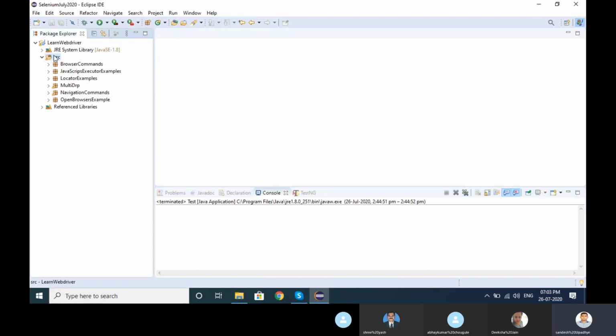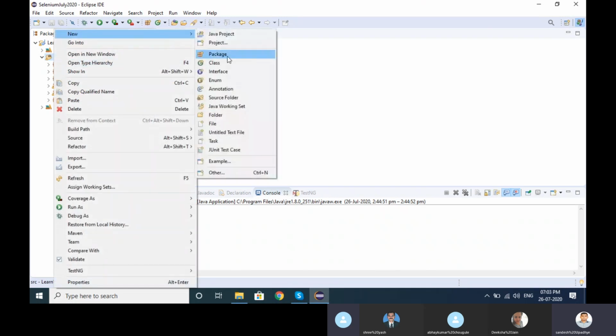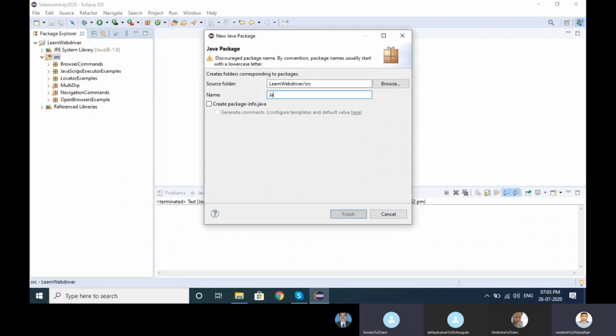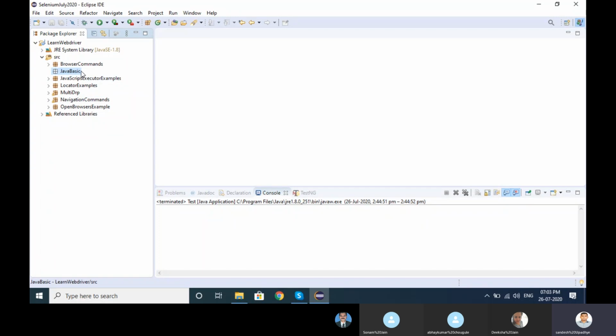So let me create one package. The package name, I'm giving, is Java basic itself. In today's session, the interactive session, I want some input from you guys as well. In Java basic or any language, if you want to learn and develop some logic, then we need to think from that perspective as well, right?